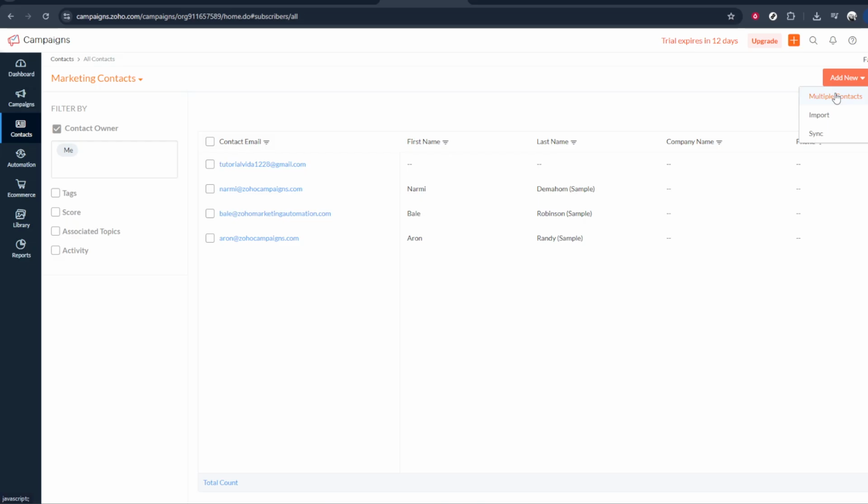You might be asked to select which mailing list or segment to add these contacts to, map fields like first name, last name, and email address, and confirm that the contacts you're adding have given permission to receive emails from you. Take your time with these details because accurate and permission-based data is essential for good deliverability and compliance. Once you've completed the prompts and confirmed everything, your new contacts will be added